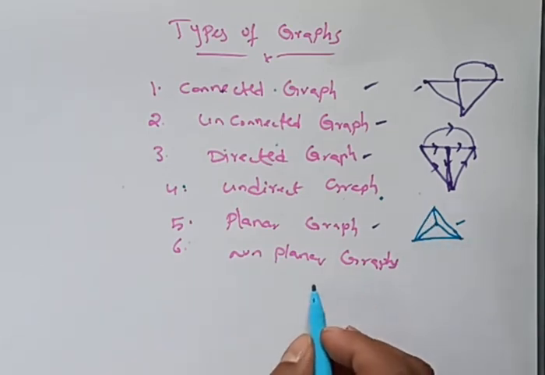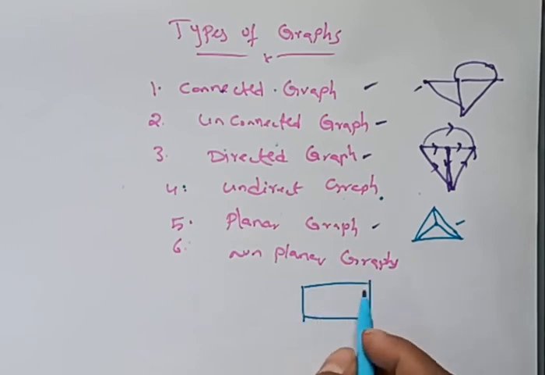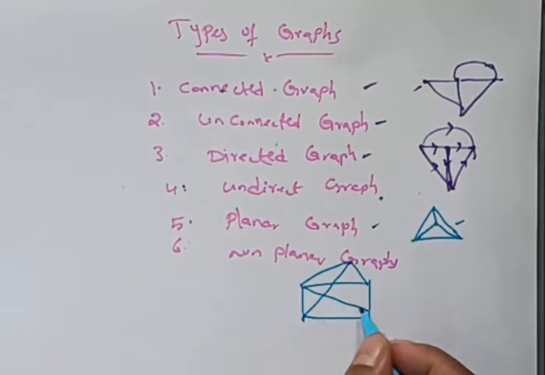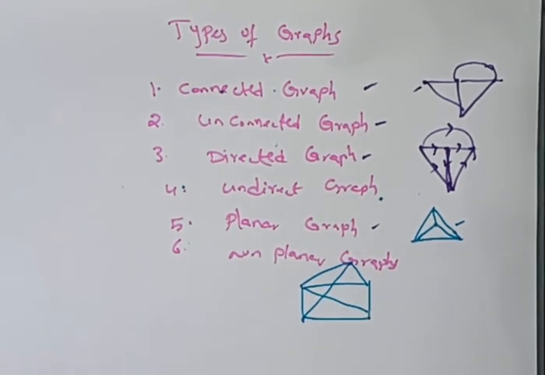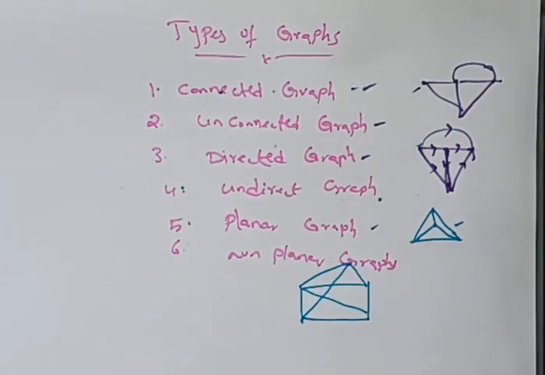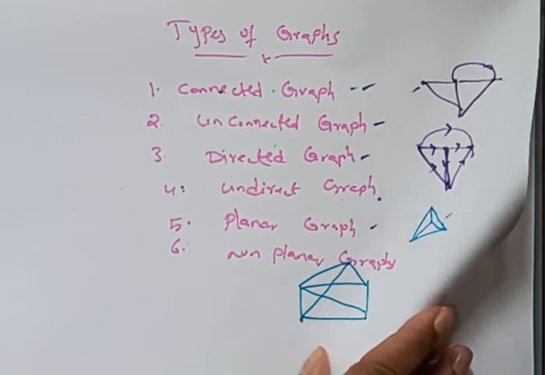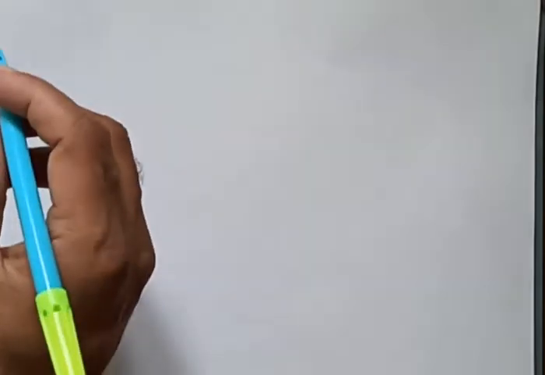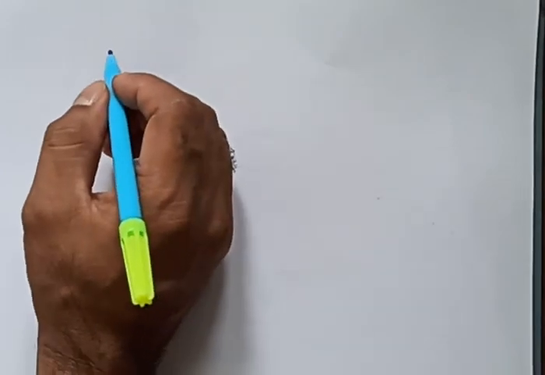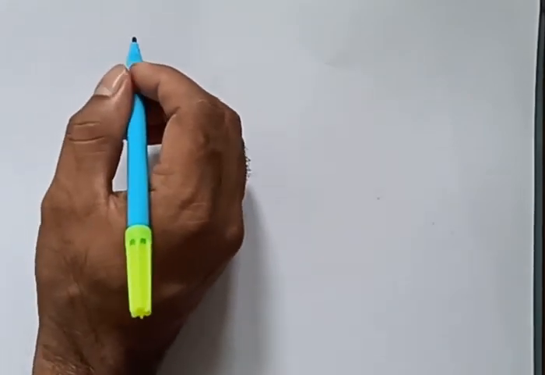If at all any crossovers are there, like let us assume the graph having this type of crossovers, then we can say that is a non-planar graph. But in our subject we totally deal with connected graph, directed graph and planar graphs. Next, let me start some basic definitions that we are going to use in writing incidence matrix and tie-set matrix.